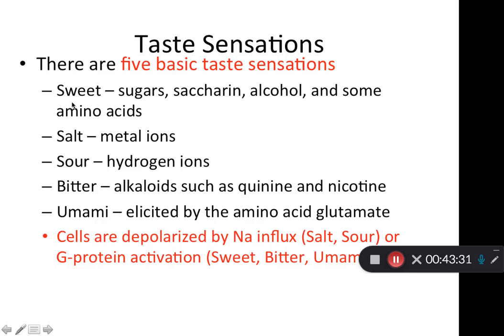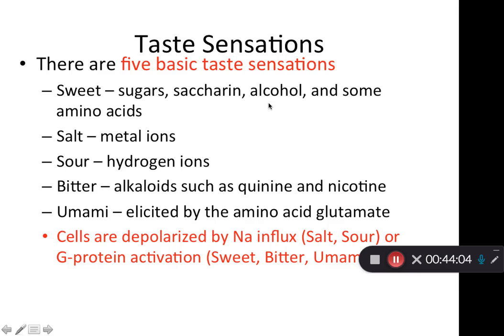So the first is sweet. Sweet is induced by sugar, all kinds of sugar. For example, the monosaccharide sugars like glucose and fructose, or the polysaccharide like starch, or the alcohol. Actually, alcohol is